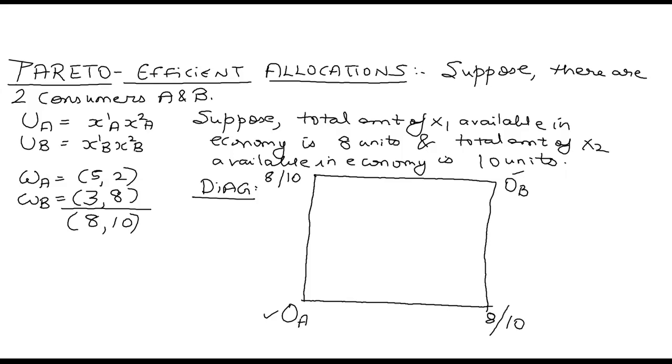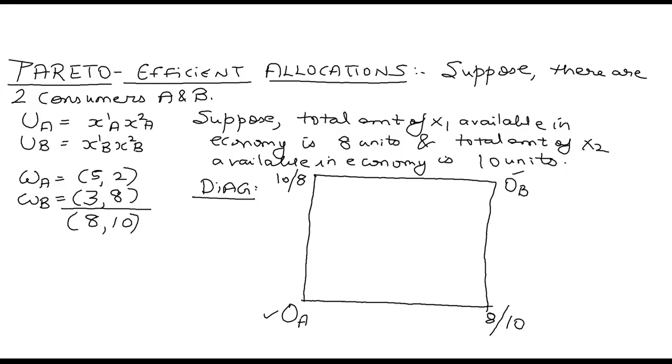Or I can write it like this to make more sense. After the slash, it denotes B. So from A's origin, this is 10, but from B's origin, it denotes 8. Similarly, from A's origin, here we have 8, but from B's origin, we have 10. You will be able to understand this only when you turn to B's origin. From B's origin, when you mark, this will be 10, but this will be 8.